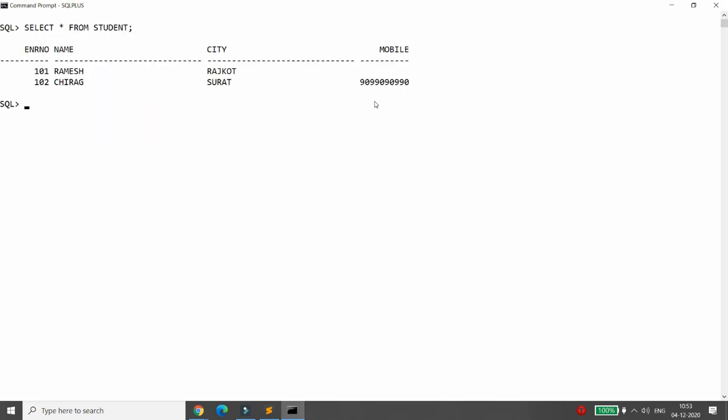Now you can write the select query again. Now the data will be shown properly. 101 Ramesh Rajkot, the number is not inserted here, so it is null. And that is what I told you, that the unique constraint may contain a null, but whenever it contains a